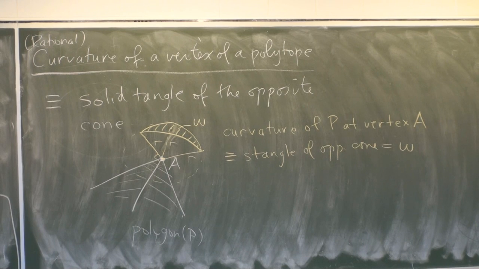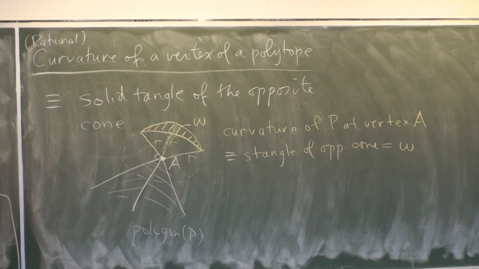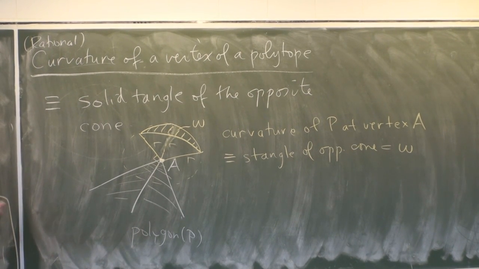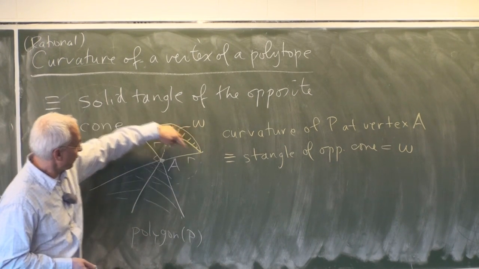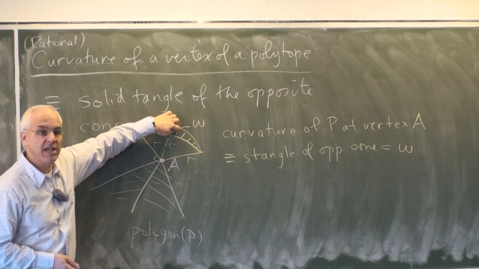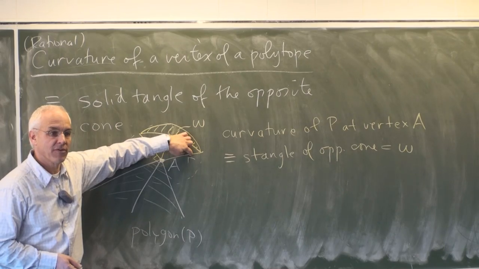Okay, now, how do we calculate that? Well, to calculate that, we have to use Harriot's theorem. And what does Harriot's theorem require? Well, it requires that on the surface of the sphere, which is like this spherical triangle here, we know the tangles at each of the three vertices.